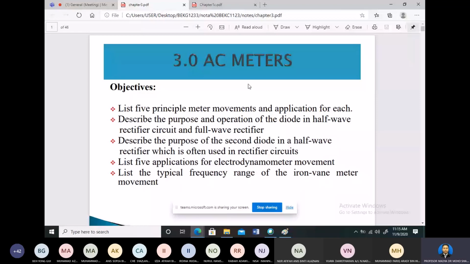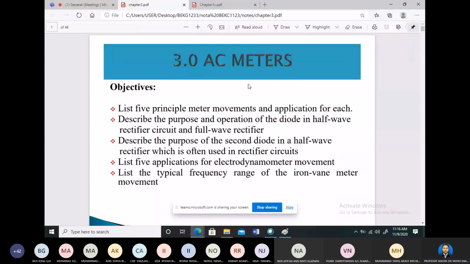topic is, first, to list 5 principal meter movements and the application for each. On the AC meter, for example, we have the electrodynamometer, iron vane, thermocouples, electrostatics. They are ensemble. That is the meter movement that we can use to measure